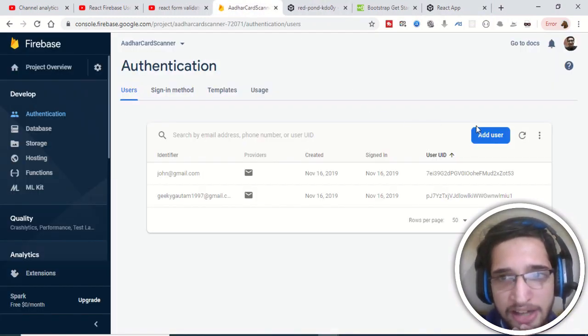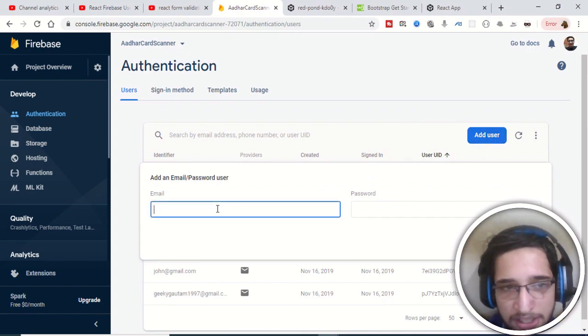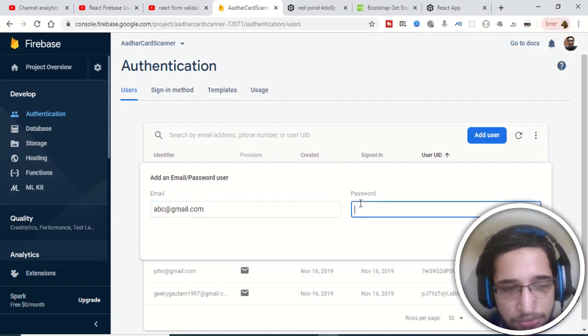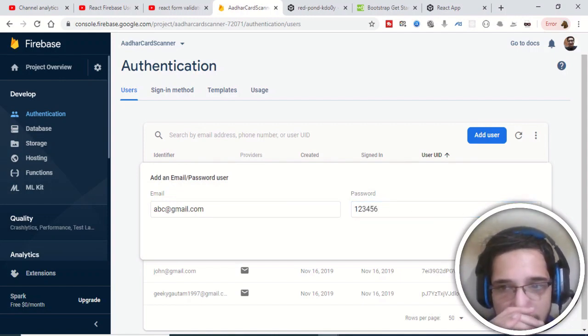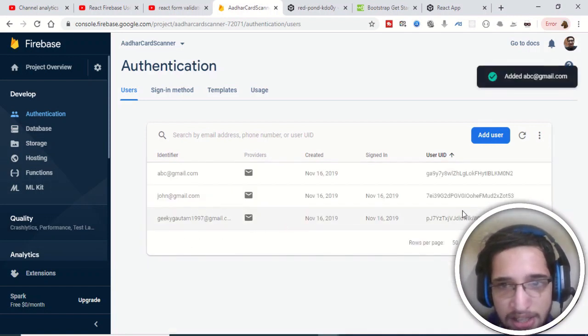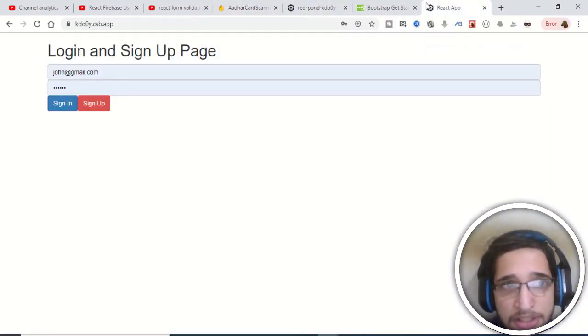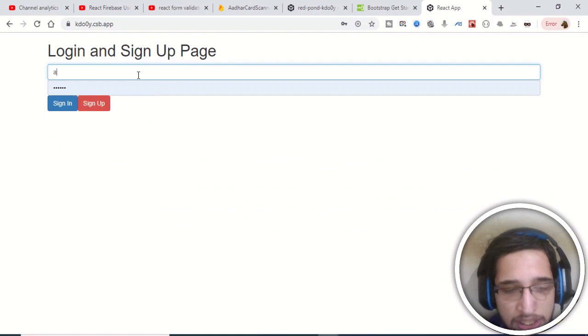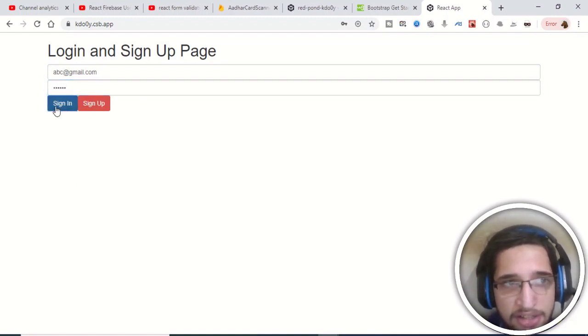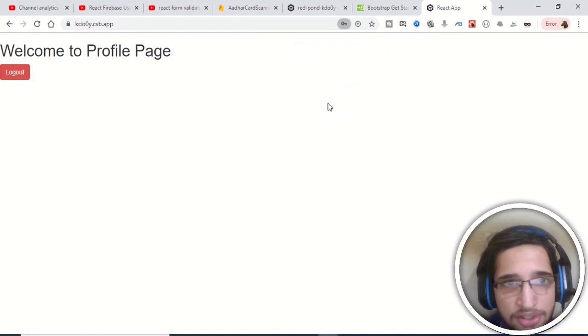I can even add users inside Firebase console here. Let's suppose I add an email abc@gmail.com, and here you just need to provide your password 123456 and click on add user. So it will add this user inside your, you can see that it has hashed this password here. So now you can just go back to the application and use this email address abc@gmail.com and 123456, and if I click sign in, you will see that it will successfully redirect me to the profile